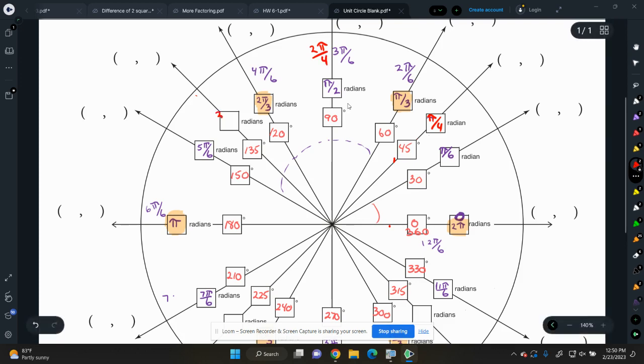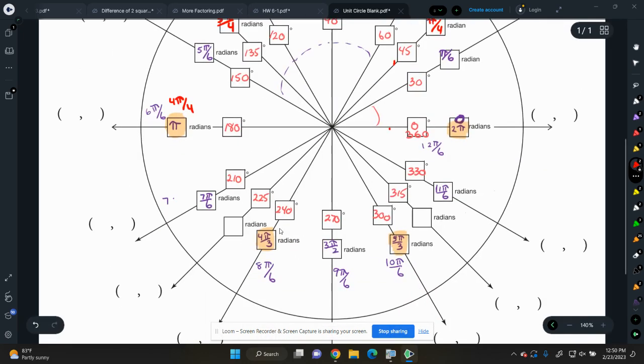And then we have 3 pi over 4 and 4 pi over 4 every 45 degrees. 5 pi over 4, 6 pi over 4, 7 pi over 4, and then 8 pi over 4. So you do not have to sit there and calculate every single one. In fact, you only need to calculate twice. You have to calculate for 30 degrees and you have to calculate for 45 degrees. After that, you just go around the circle, and every increment of that many degrees, you add another pi over